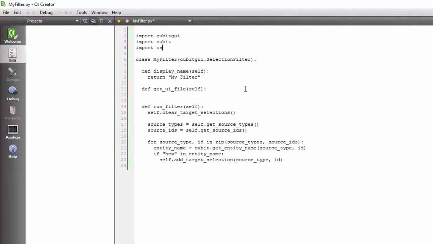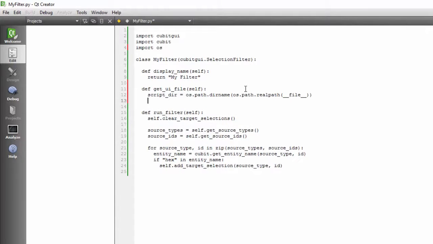I'm going to import OS, the operating system module, and we're going to get our script directory, which tells us where our script lives, and now we're going to return that directory, our script directory, plus